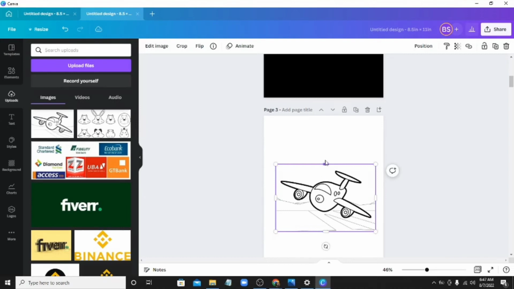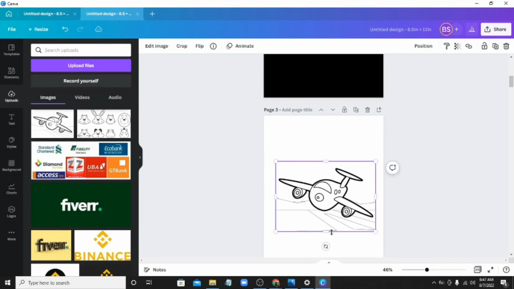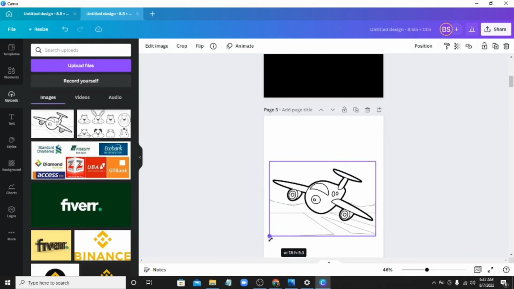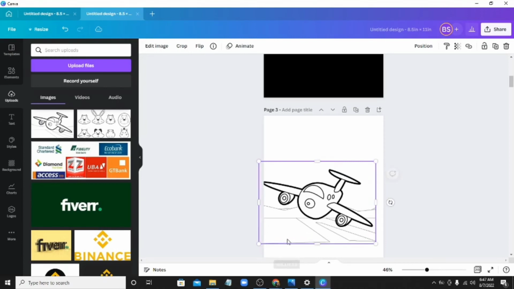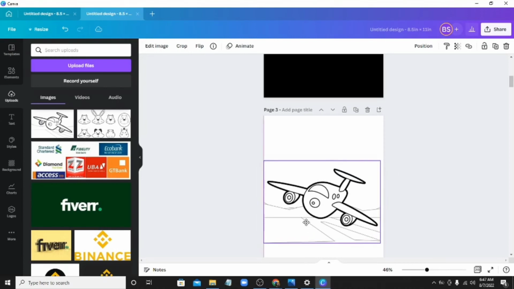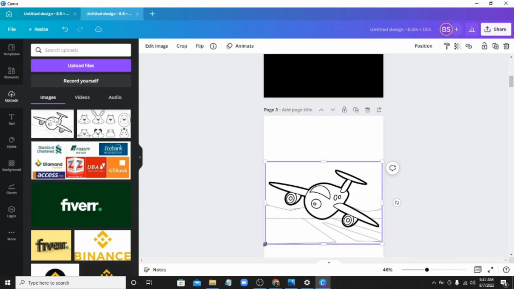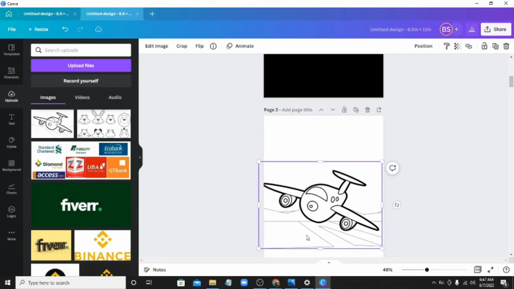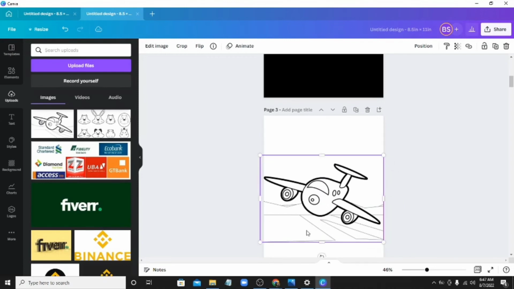All right, so you can do this for all of the other images. Let it be on the white space, let the black space be in between the next page. Okay, and then you keep doing that until you upload all your images. And then once you upload all of this, the next thing you want to do is